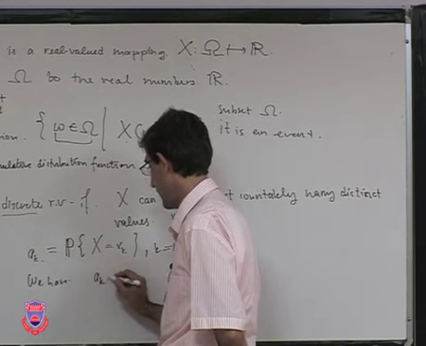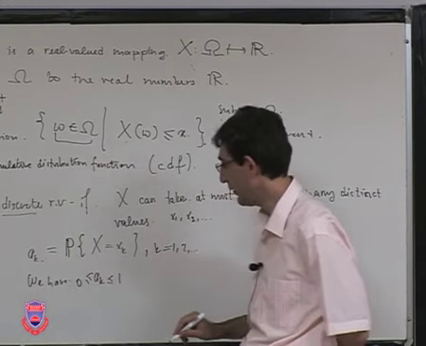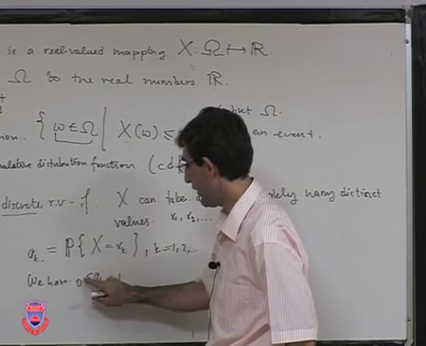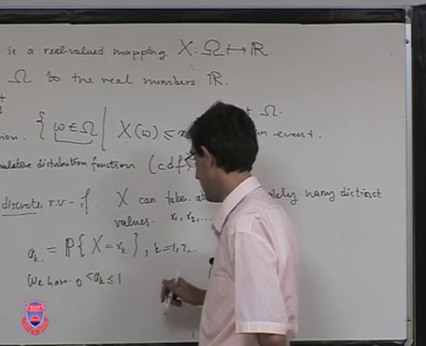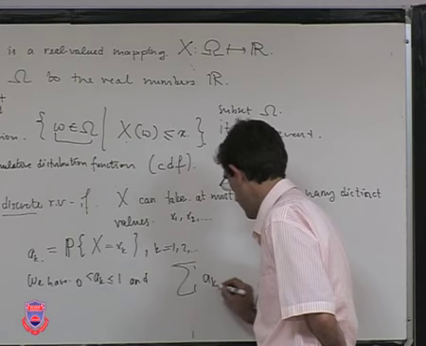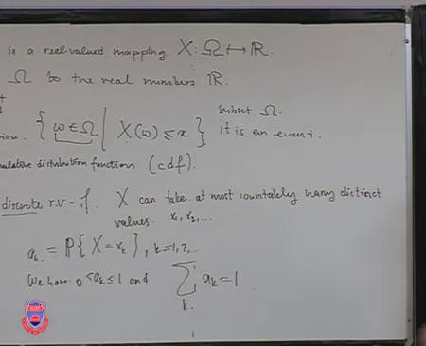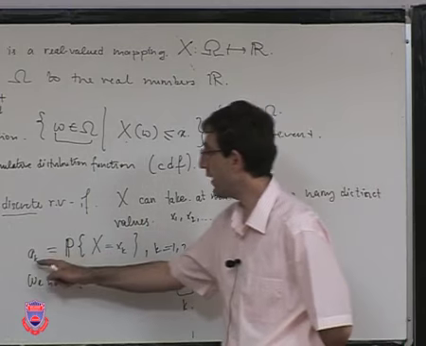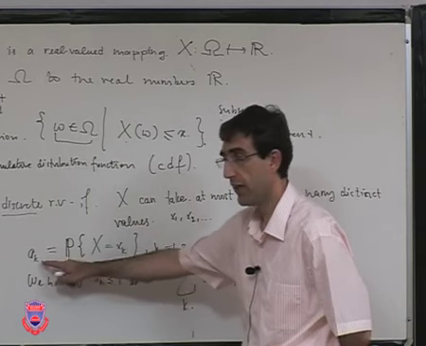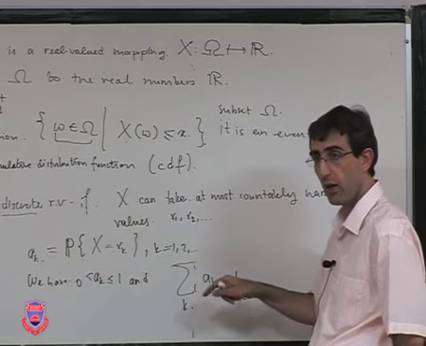First of all, the a_k are numbers between 0 and 1. If they are distinct, actually I don't even care, so this must be the case. And when you sum them up over k, it should give 1. So any sequence of numbers a_k between 0 and 1 which also satisfy this, they all sum up to 1,